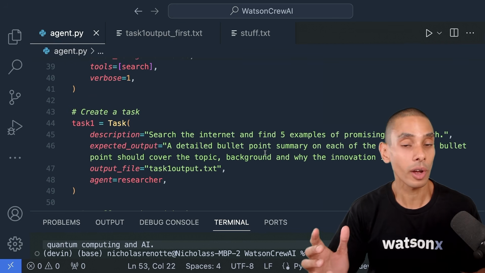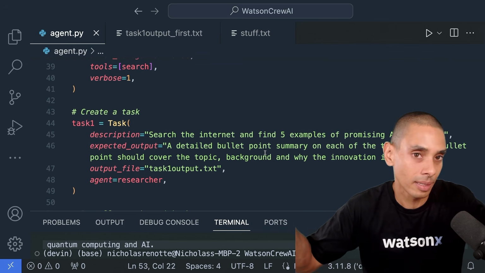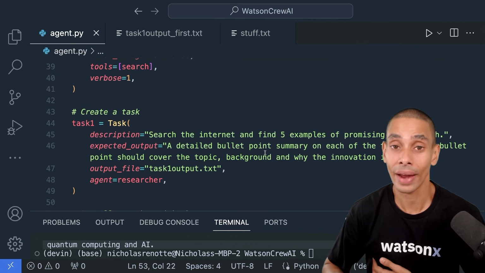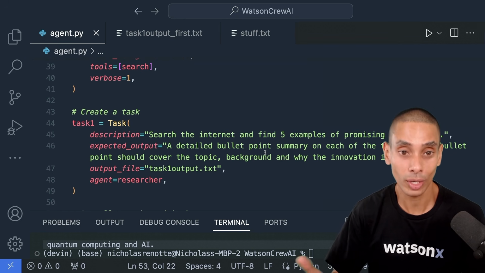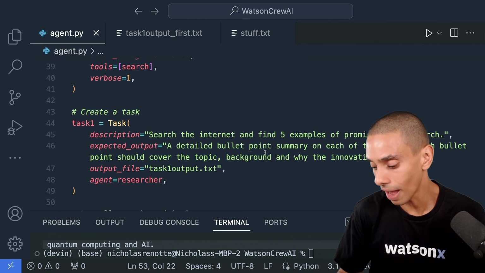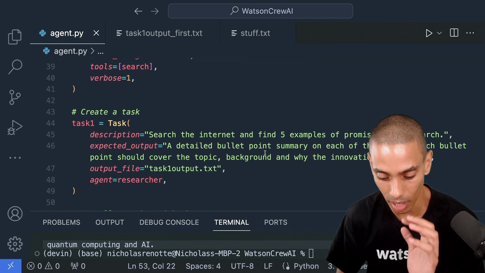So far we've gone and created one agent, one task, right? But this isn't really a multi-agent system. It's a single agent system. So what we now need to go on ahead and do is generate our second agent to be able to go and truly convert this into a multi-agent system. All right, we've got 5 minutes 32 left on the clock. You can see that. Let's go. Let's bring this home. Second agent.